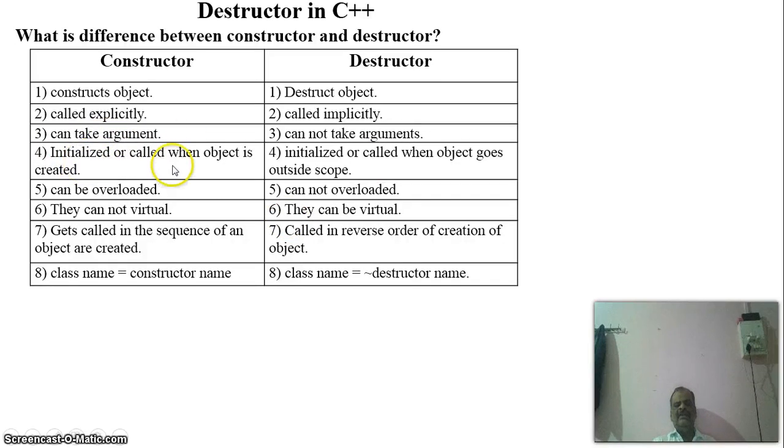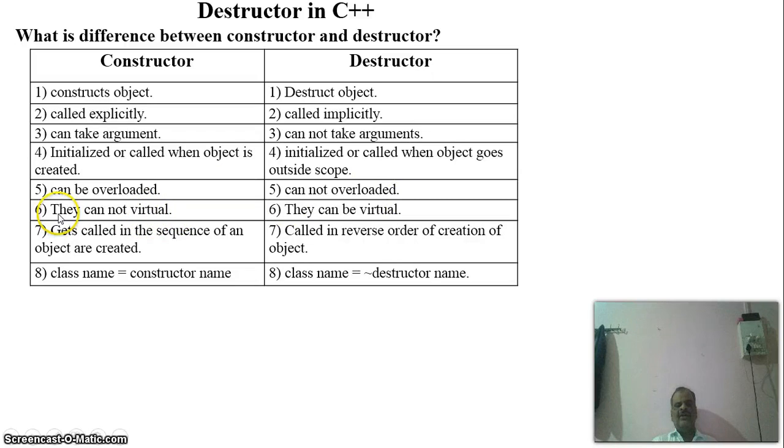Then initialization: the constructor is initialized whenever an object is created, and the destructor is initiated when the object goes outside the scope, that is, when the scope of the object is completed. Overloading rule: the constructor can be overloaded but the destructor cannot be overloaded.